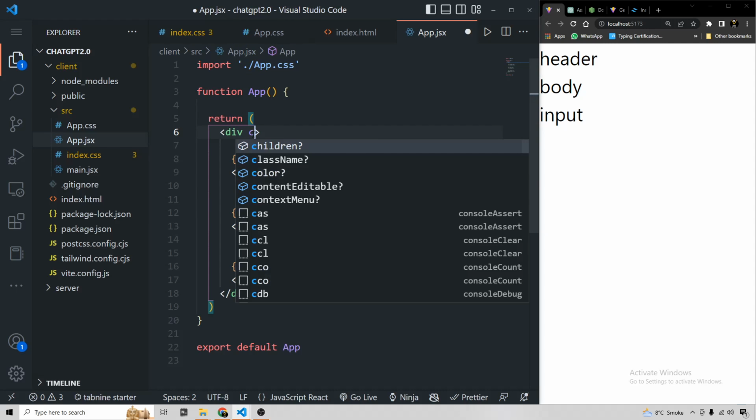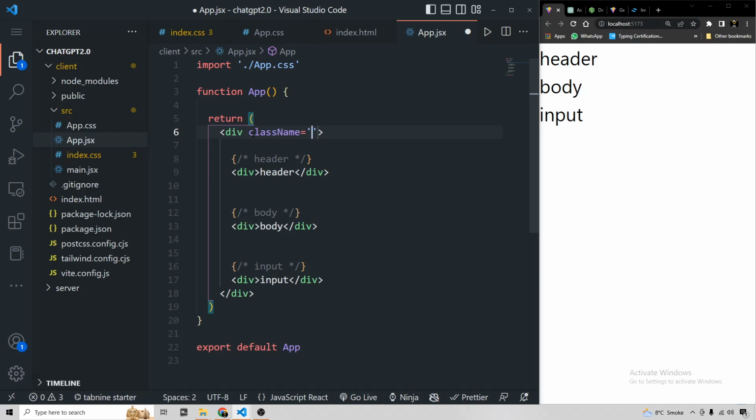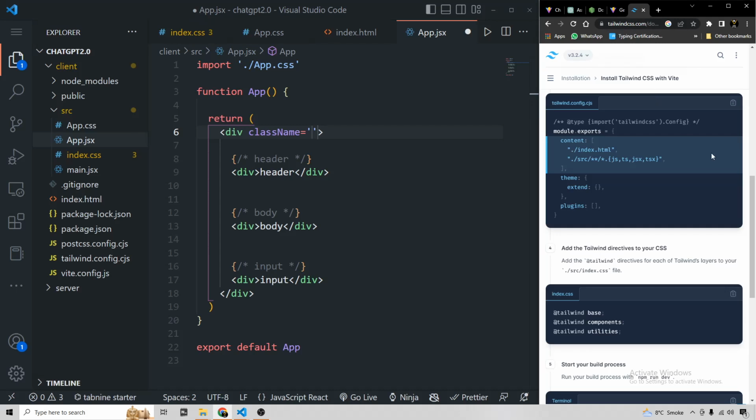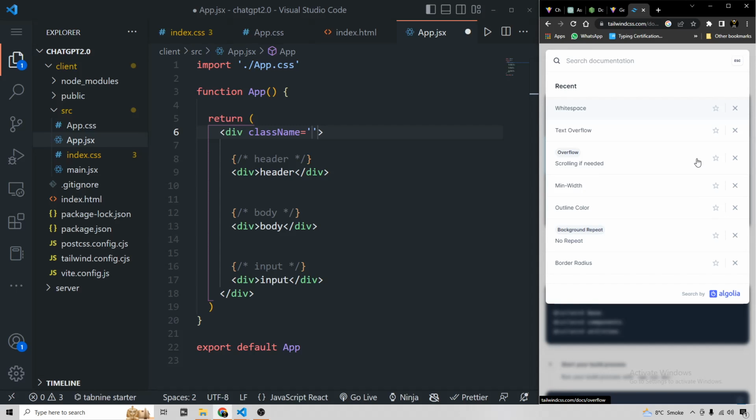So here I am going to give it some class names, and these class names are on the basis of our Tailwind utility classes. By the way, if at any point you find yourself lost and you do not know what the relevant utility class in Tailwind CSS is for a specific CSS property, you just have to go to the Tailwind CSS official website,